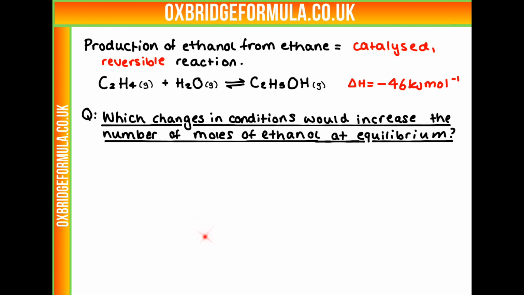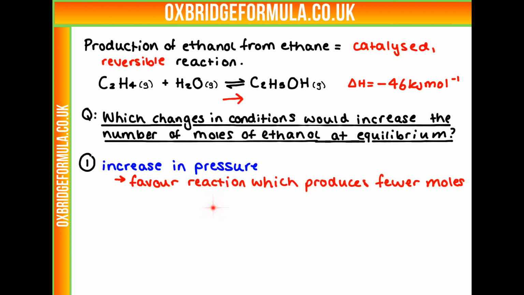So let's look at our first change in condition. What would happen if there was an increase in the pressure of the system? So, what's the most important thing to remember when we have equilibrium conditions and we're changing conditions? So at equilibrium, whatever change we make, the system is going to try and oppose that change. So if there's an increase in pressure, we're going to favour the reaction which produces fewer moles, which would reduce